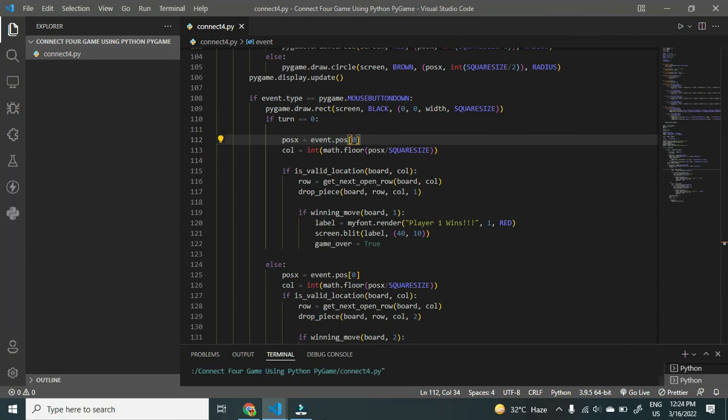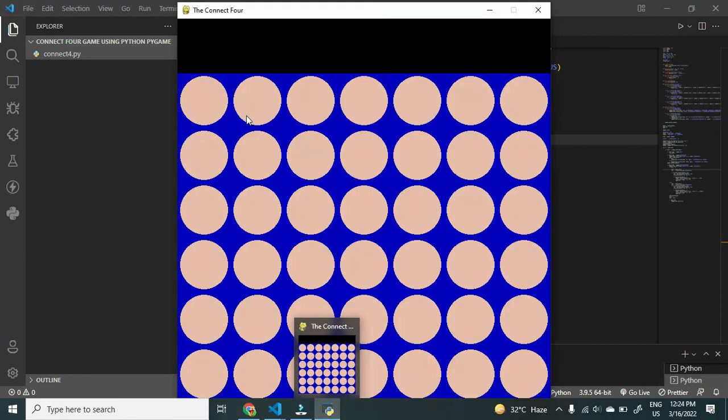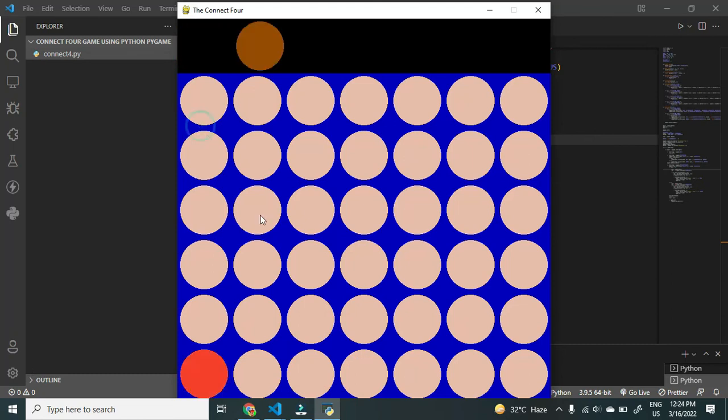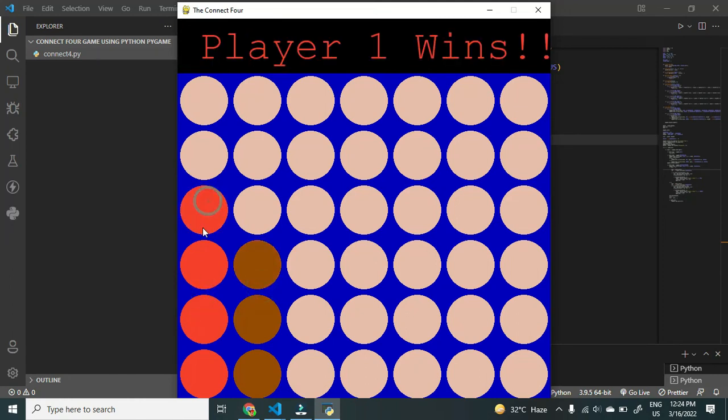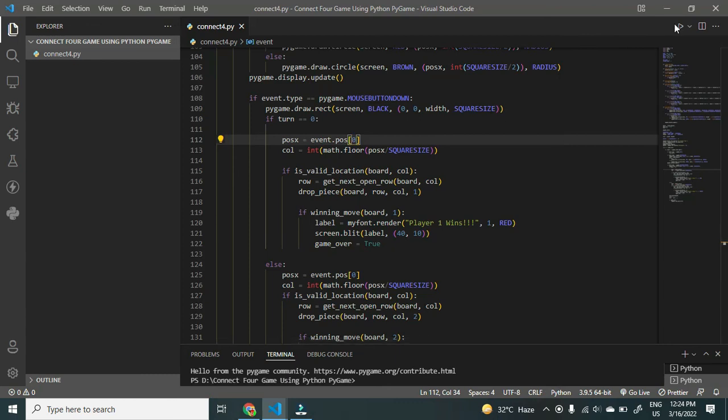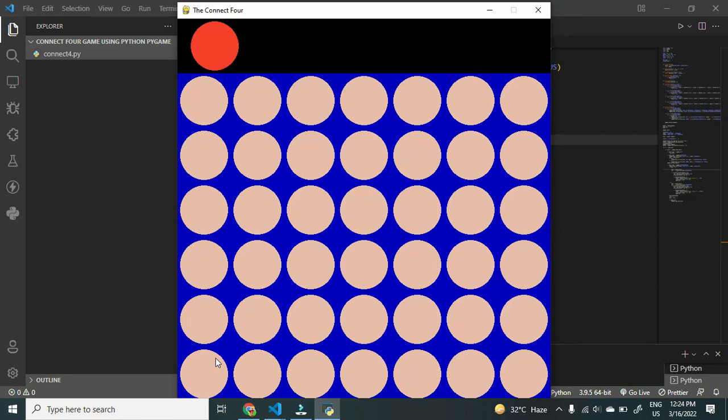As you can see, let's run this. So we have a Connect 4. First is red stone, like this, and then we have gray stone, red, gray, and as you can see, red got 4 circles at one place, so red wins. And then we can win diagonally too. Let me show. As you can see,